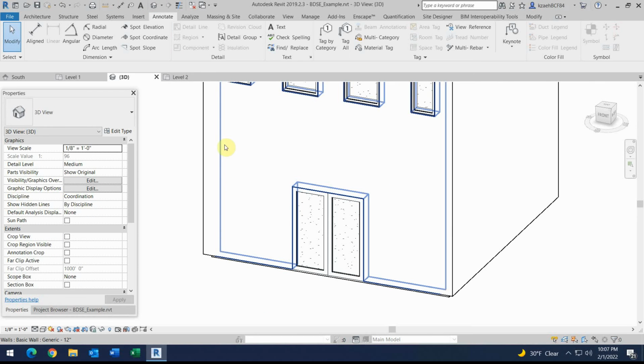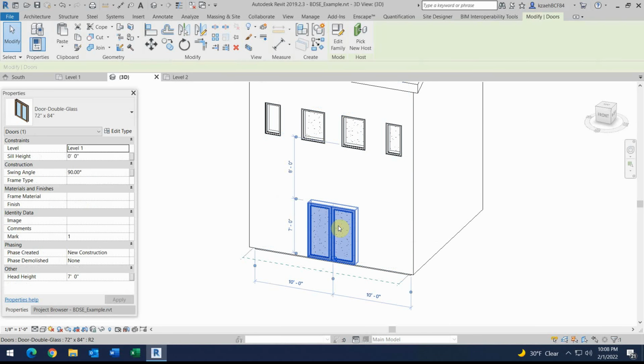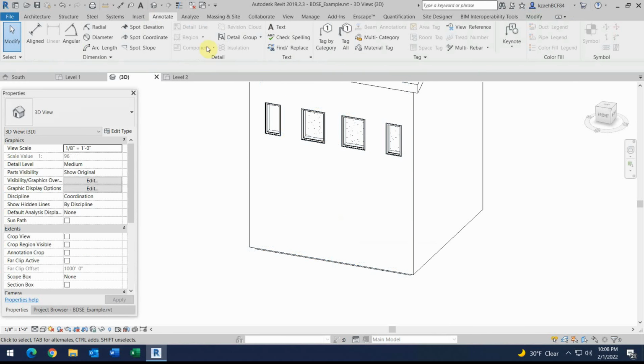Okay. So the other thing I can do is add in Storefront. So especially for your pop-up retail stores, you will probably have Storefront, which is like that glass wall that you see at the entrance of stores. So I'm actually going to go ahead and delete this door. We'll put it in Storefront instead. And then come onto your